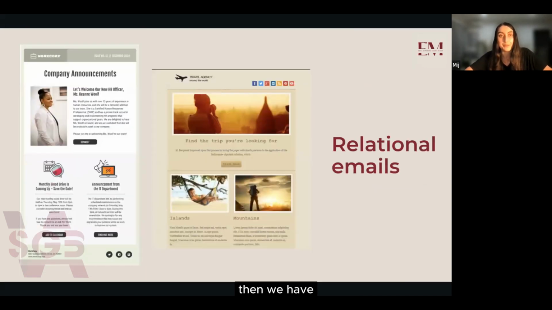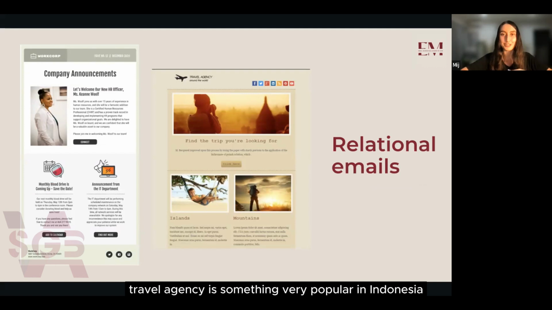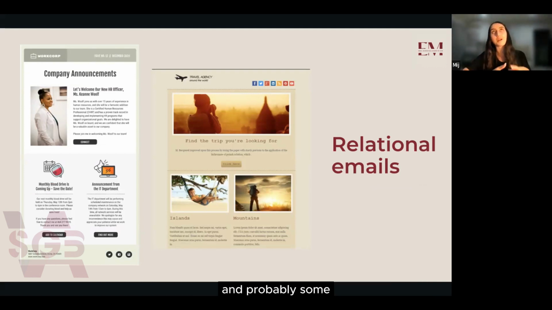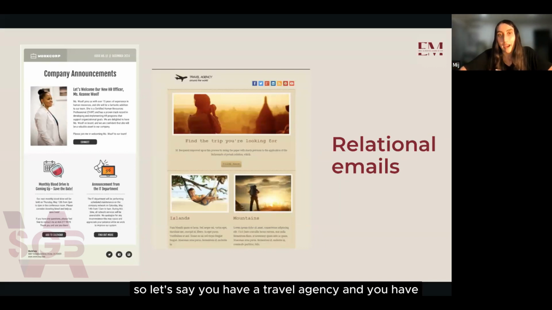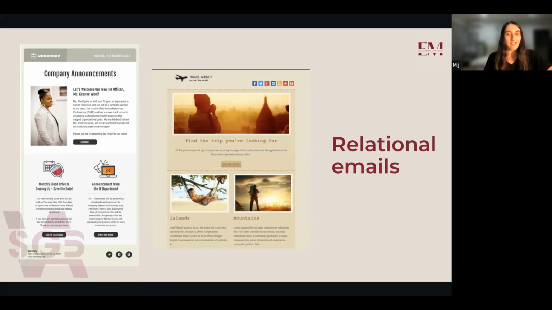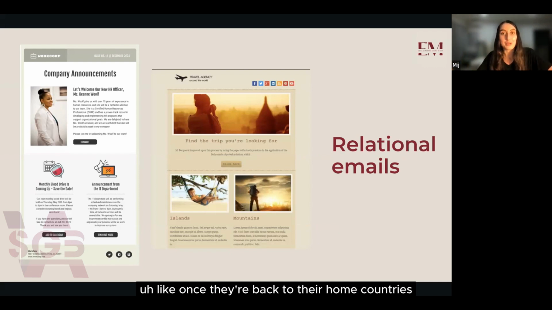Then we have another brand, right? As we can see, there's a travel agency. And I think travel agencies are something very popular in Indonesia. And I think you can already get an idea and probably some inspiration. So let's say you have a travel agency and you have customers. Your goal is to keep warm relationships with them, right? Let's say you have customers from Europe. They're coming for summer to Indonesia. And once they're back in winter, once they're back in their home countries, your goal is, throughout the year,